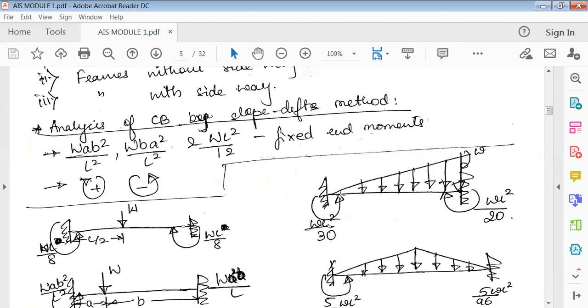For this condition, the varying load is also represented with small w. Again, because of the fixed conditions, this load will try to push the beam downward. To stop this downward movement, there is an anti-clockwise moment because of the fixed condition, which tries to push it back. Similarly here also it will try to push it back. So now, the left side moment would be w L square by 30 and the right side moment would be